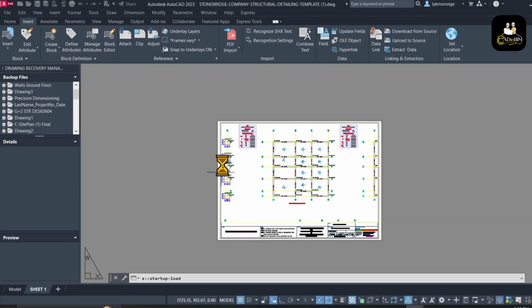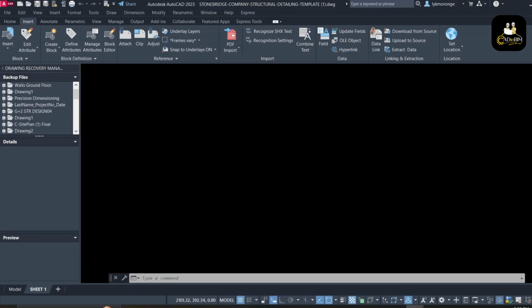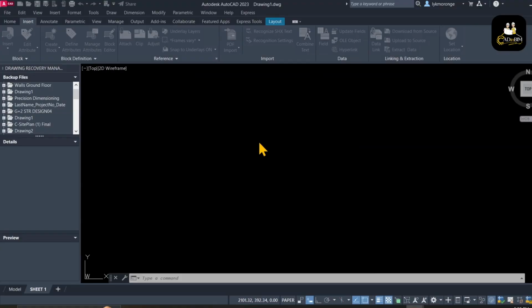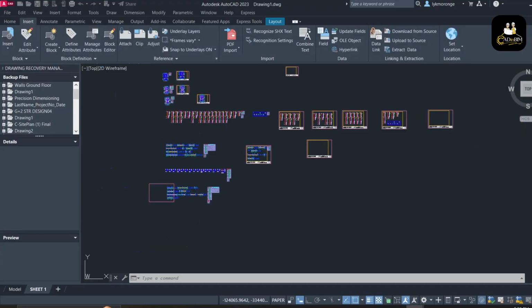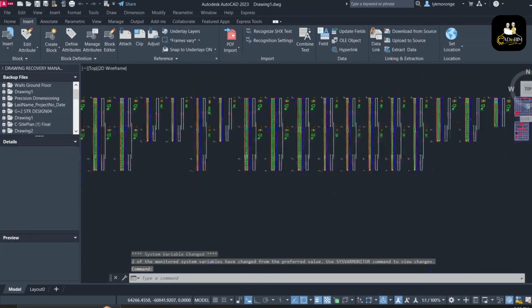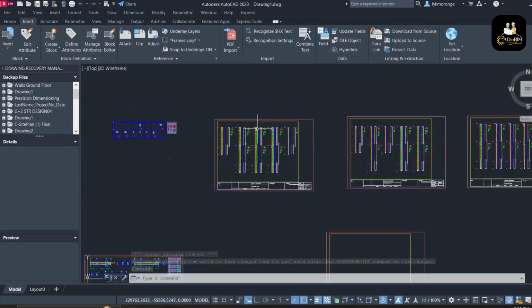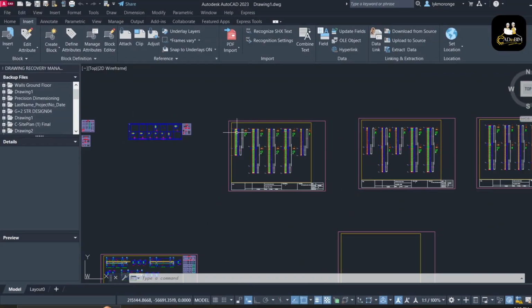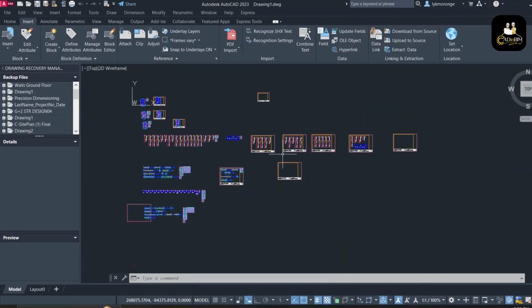So we already opened this ProtaDetails, and now we have also opened, just continue. So quickly you can see now we have our drawings here. This is why I told you it's always recommendable that you put your drawings into sheets, so it will be very easy. So what I'll do here, I'll copy these sheets into my stone brick template,